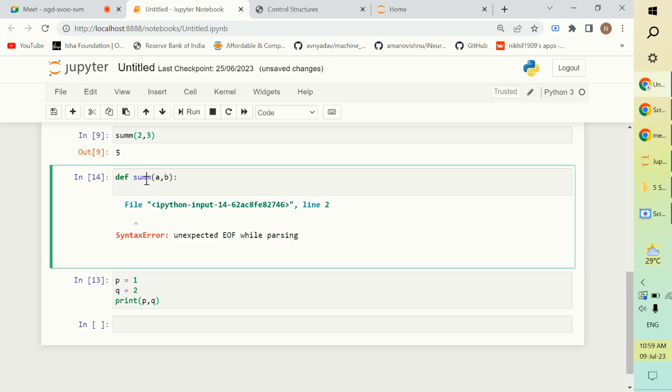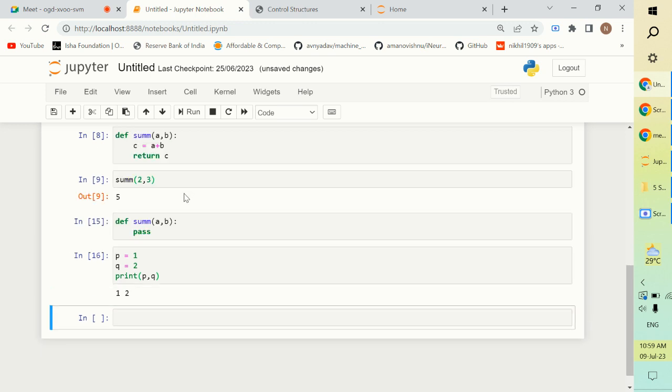So what Python is telling me is that if you are creating a function, you have to write something inside this function. We are forced to write something inside this function, but we do not know what exactly we need to write inside it. In that case, I will write the pass keyword,